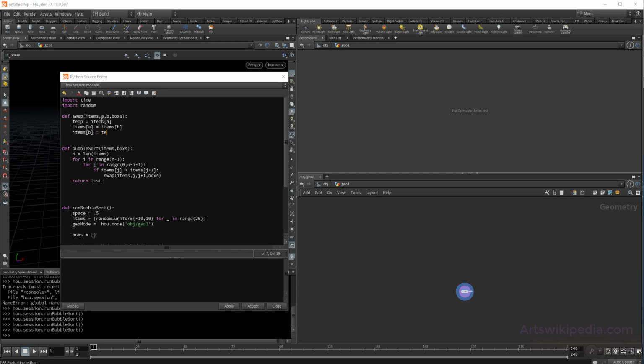That's how to swap two values. There is more than one way to swap; you can do it in Python in one line. Maybe I'll show it later, but for now that's what we